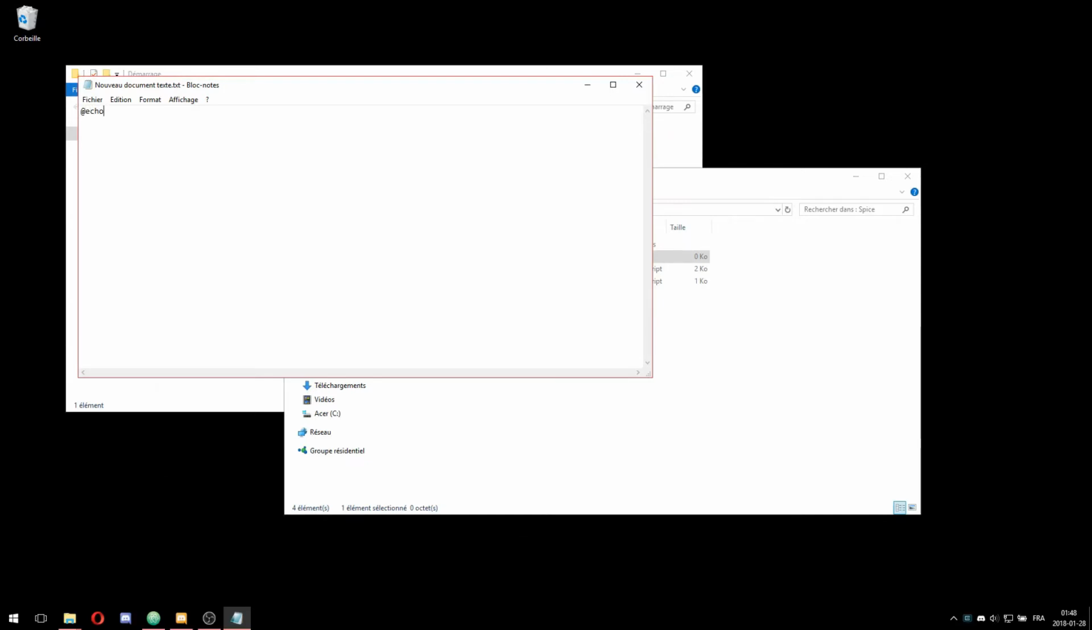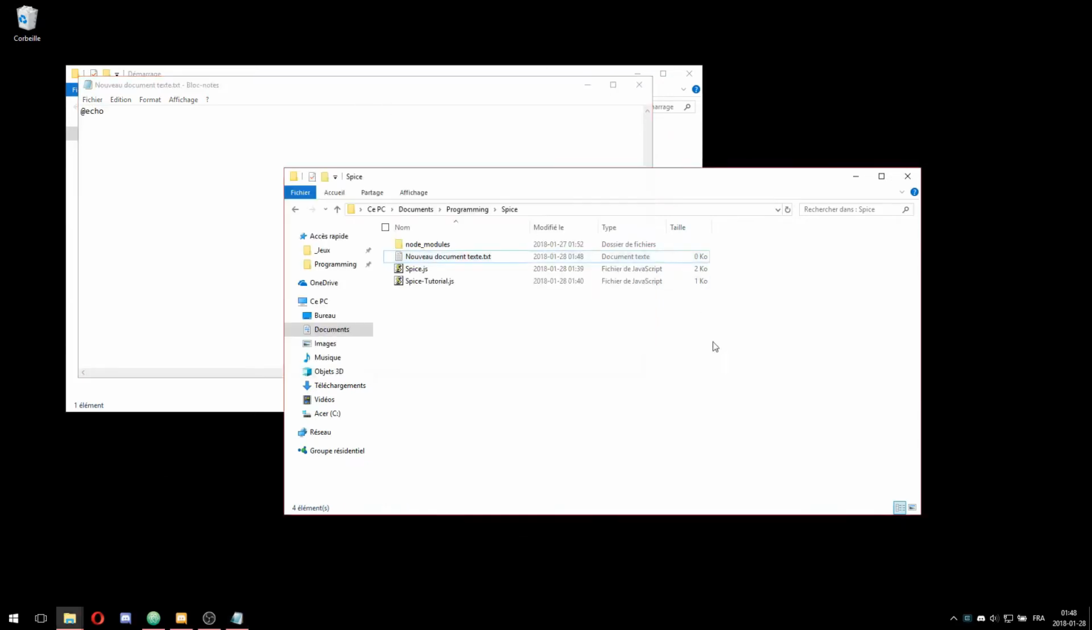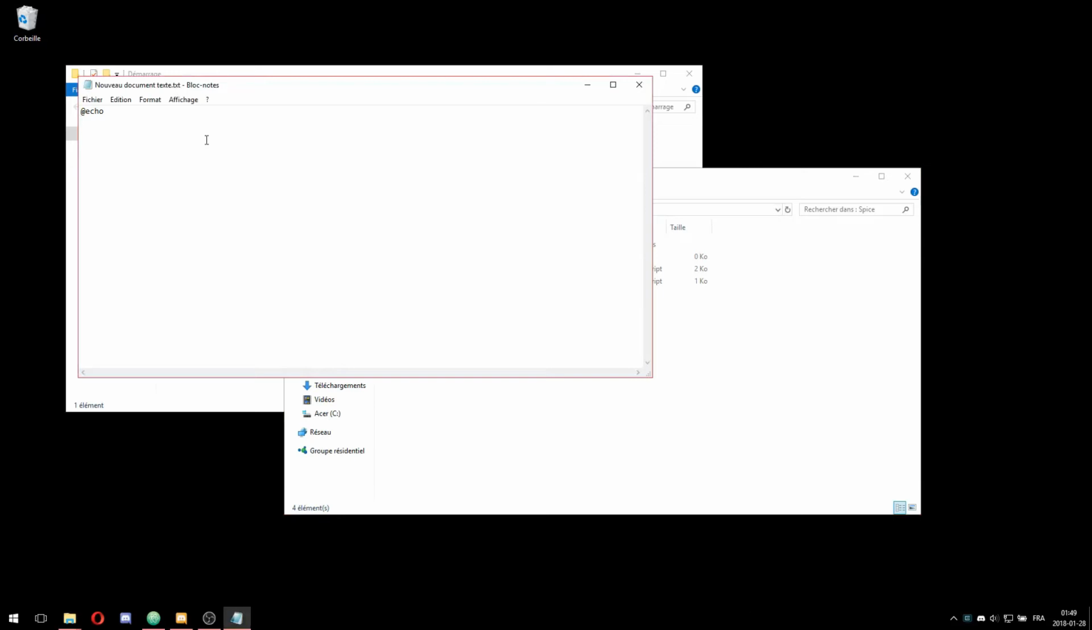@echo off, new line. You're going to select the directory of your bot. To do that, I simply click on the bar right here and copy, and then I'll type here cd and paste. What it does is it will open a command prompt at the directory, and then you'll want to do node